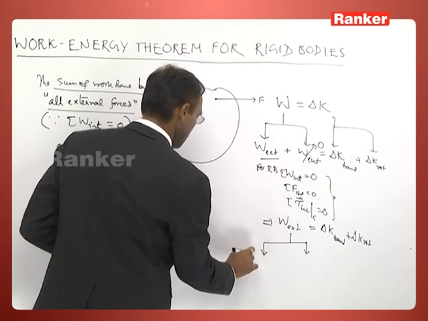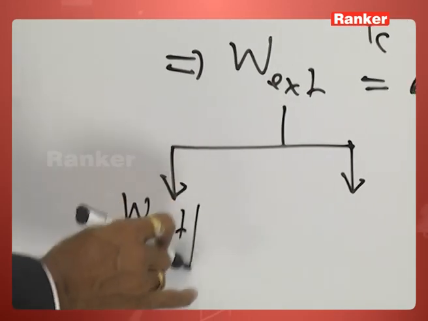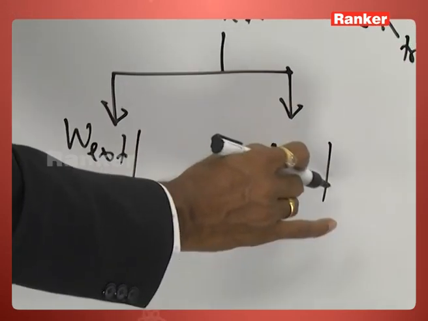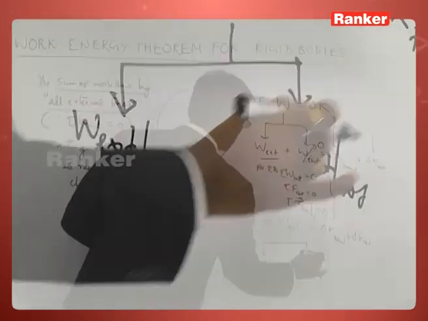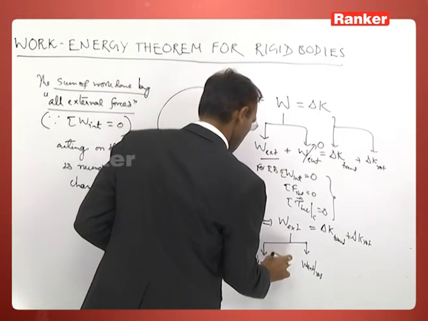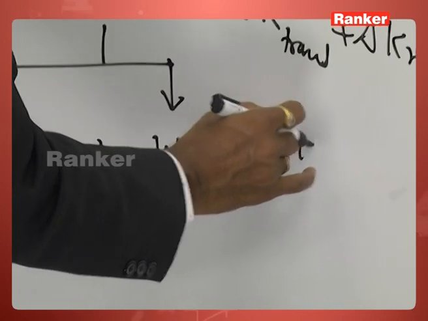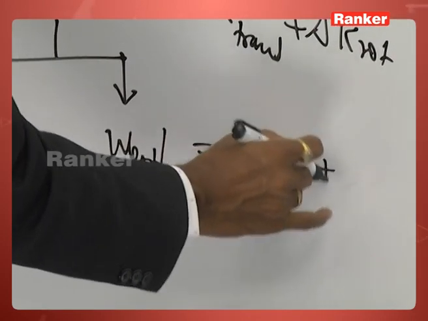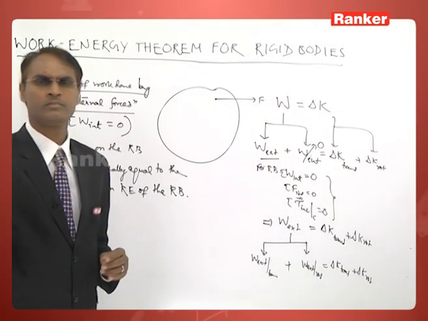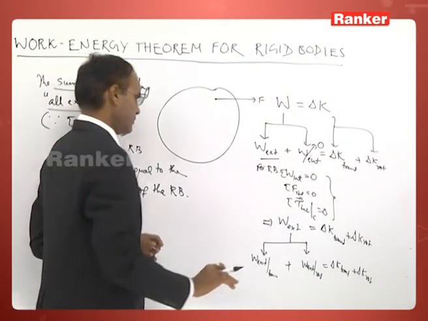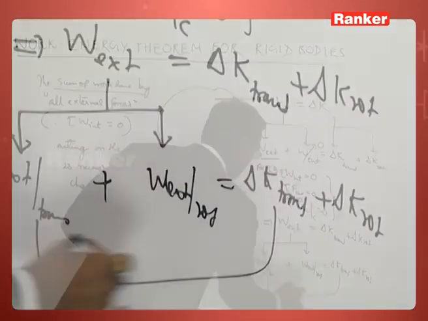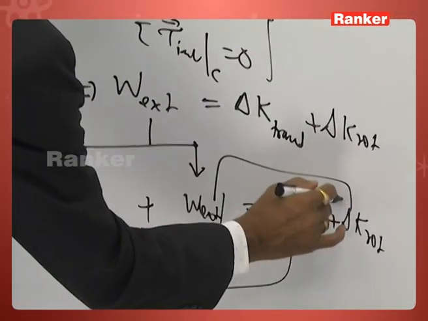Number one is work done by the external forces in translating the object, and number two is work done by the external forces in rotating the object, that I explained in the last class. This is equal to change in translational kinetic energy plus change in rotational kinetic energy. So, if you compare left hand side with right hand side, translation to translation and rotation to rotation,